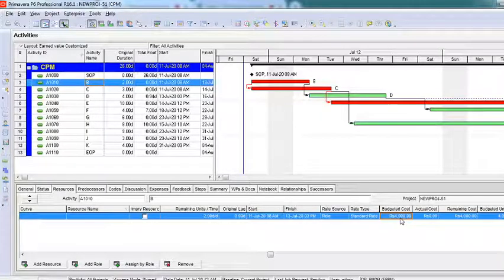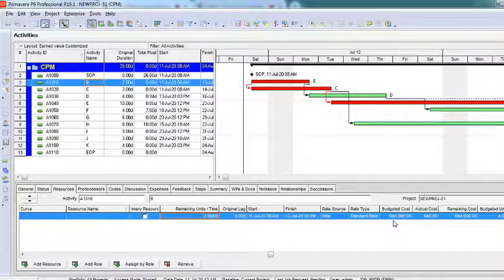Now 1,000 rupees per day we have told. For 2 days it is 2,000 rupees. But how many roles are there? 2 roles are there. So we have 2 people. 1 person is charging 2,000, so 2 people are 4,000 rupees. You understanding? If I say there's only one person I want, you can see the cost is 2,000 here. If I say I need 2 units of planning engineers, then you can see the cost has become 4,000 here. Right? That's what we have planned.